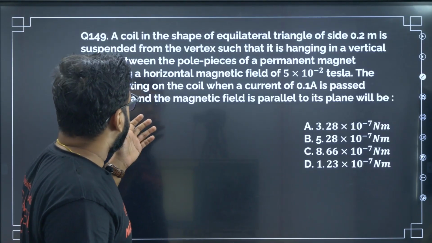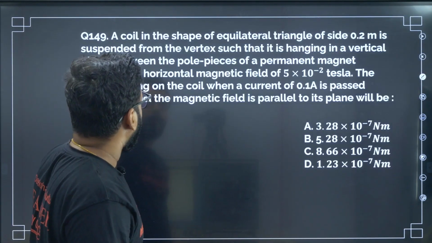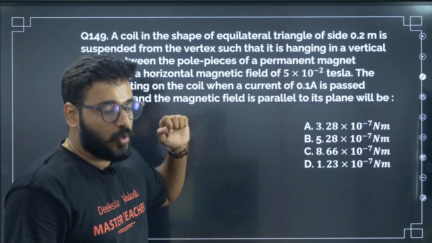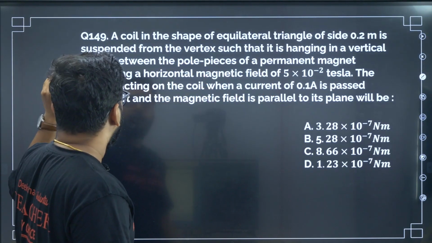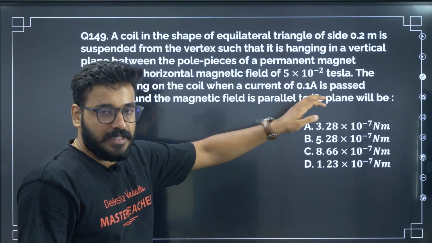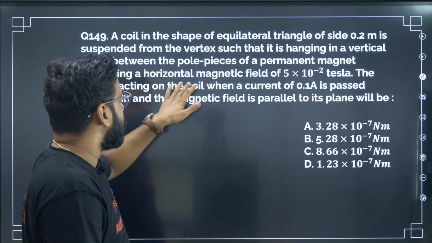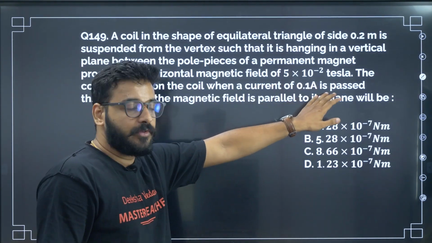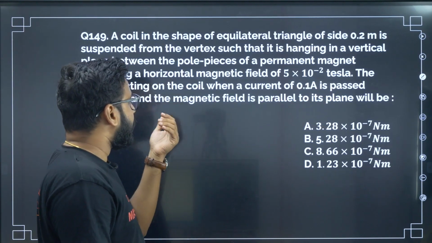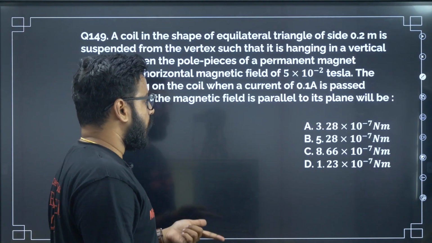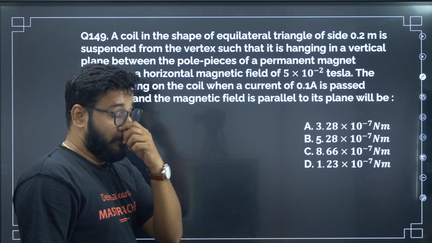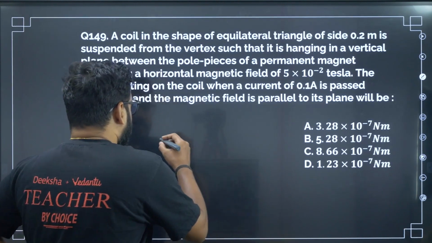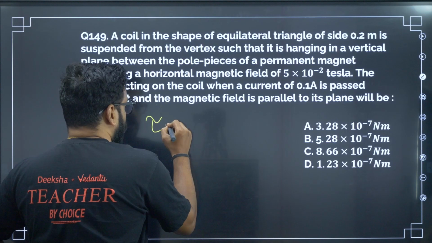So this is question 149. A coil in the shape of an equilateral triangle of side 0.2 meter is suspended from the vertex such that it is hanging in the vertical plane between the pole pieces of a permanent magnet, in a horizontal magnetic field of 5 into 10 to the power minus 2. The couple acting on the coil when a current of 0.1 ampere is passed, and the magnetic field is parallel to the plane, will be. So first of all, the formula is very clear. They are asking you the torque. So the torque formula is